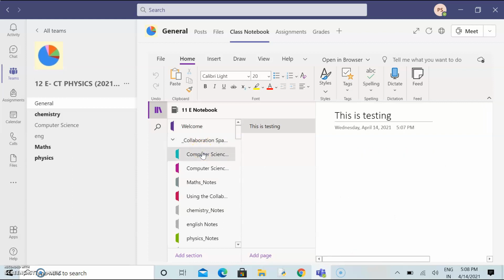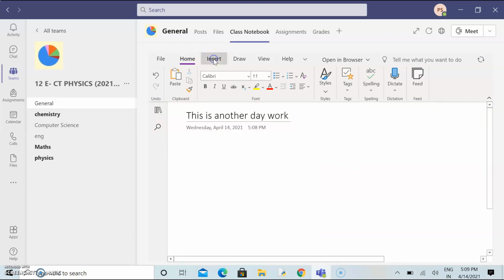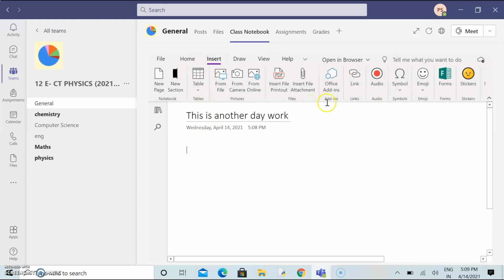channel. Suppose here I am adding one more page, and this is another day's work, and you can add anything here. Either you want to insert any picture, any image, anything, you can insert it here also.